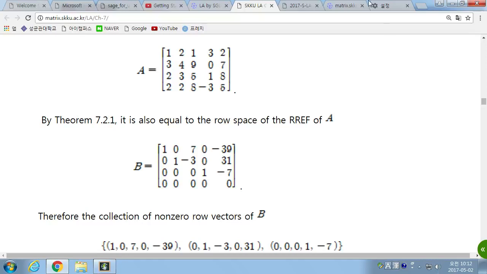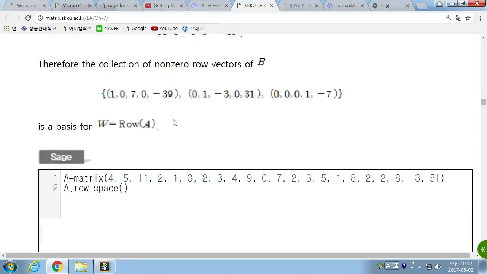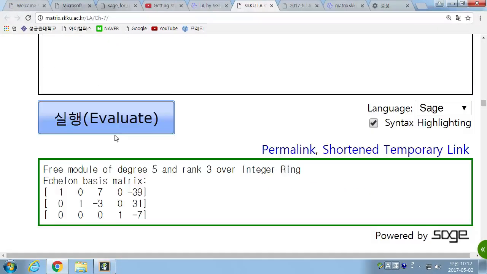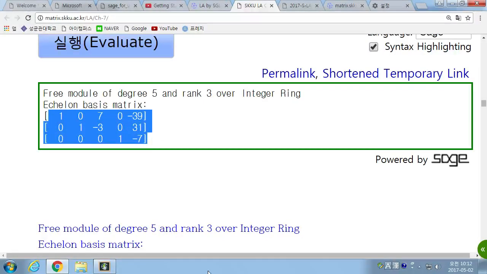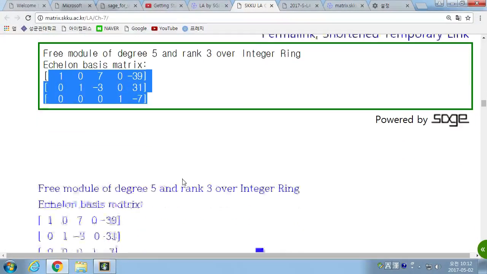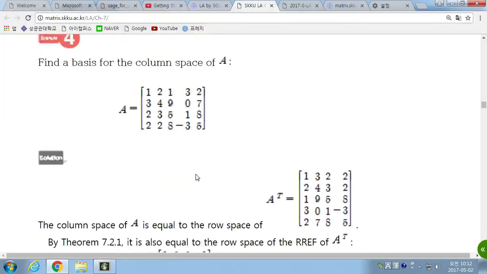Okay, so if you want to find the basis for the row space, all you have to do is find the RREF or REF. Then you can find the leading ones. Then the rows that include the leading ones form a basis for the row space of this one as well as row space of the original matrix A. So if you define a matrix and row space gives this, and these three vectors form a row basis for a row space. Column space, what you have to do? So all you have to do is you do the same operation, same command, but apply it for the A transpose. Then everything works same.